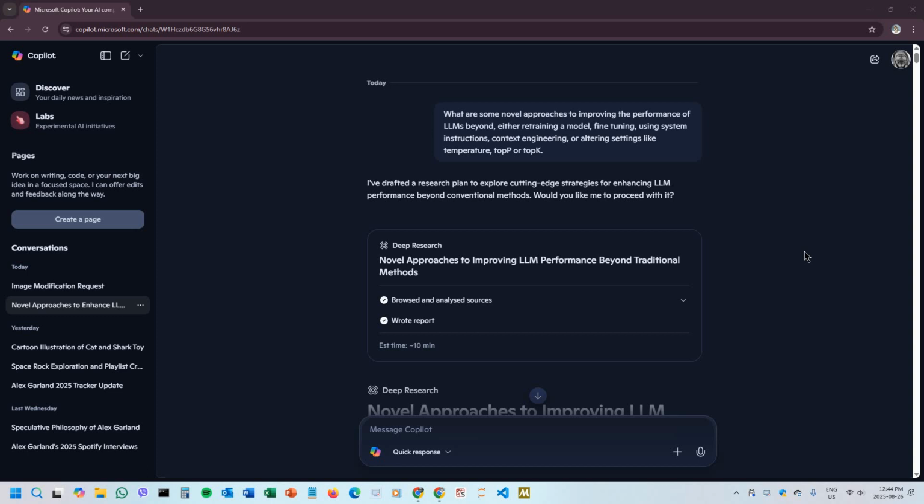So long story short, there are lots of different ways of using this, but this is quite a nice thing to play around with because you can do it all online. As long as you have some sort of account, like a Microsoft account, you can go into Copilot, log in